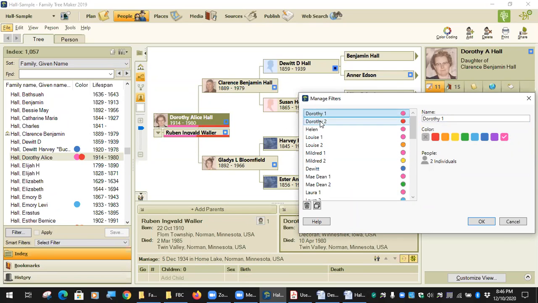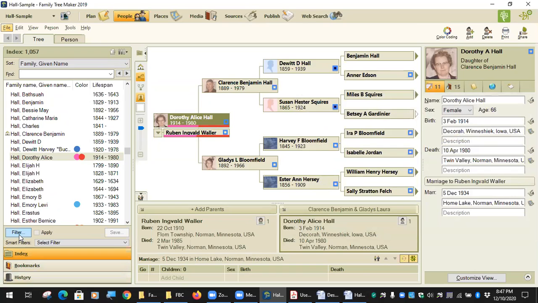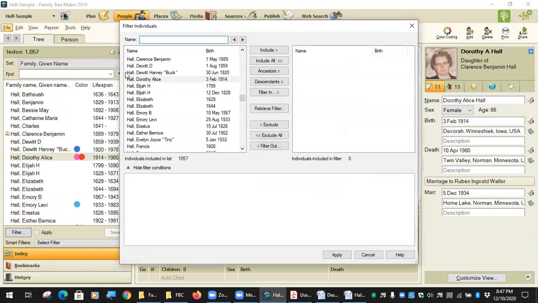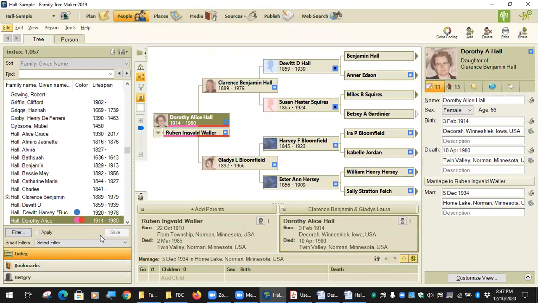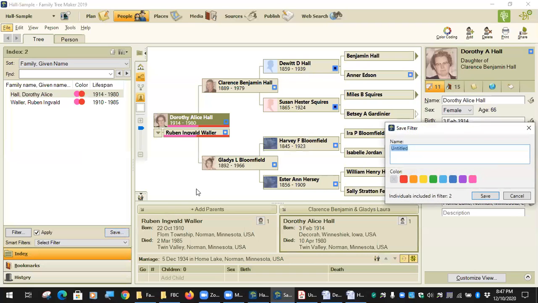Dorothy and her descendants, and then I had to do it twice. Okay, I don't even know how to do a filter. Oh, so here you do a filter. There's Dorothy, and I just clicked her descendants. This one only has 2 because this is a subset of the tree. But then I just clicked apply, and then you save it, and then I called that